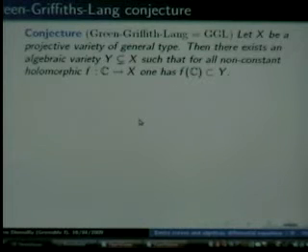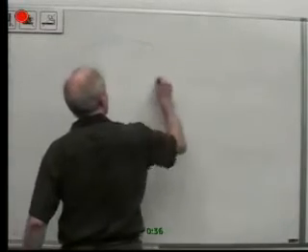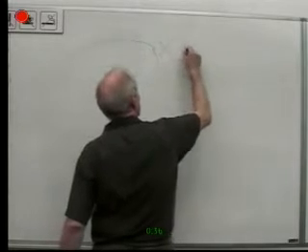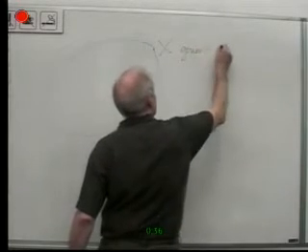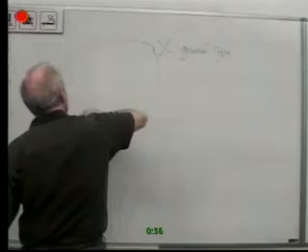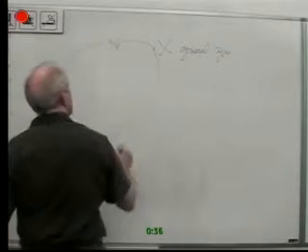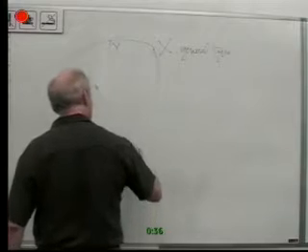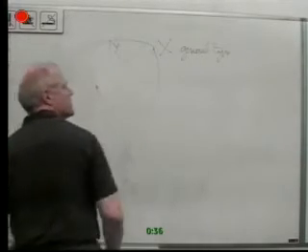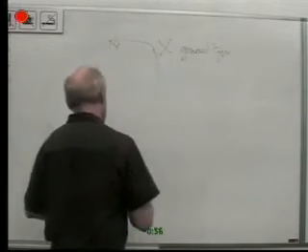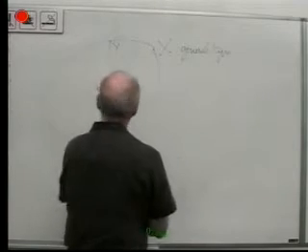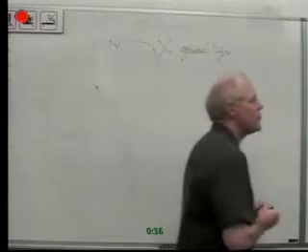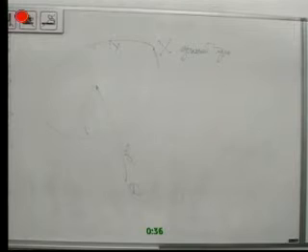So if you take X of general type, then there should exist some locus, Y, here, such that all maps from the complex line sit, I mean, all the curves should be forced to map into it. This is a conjecture,